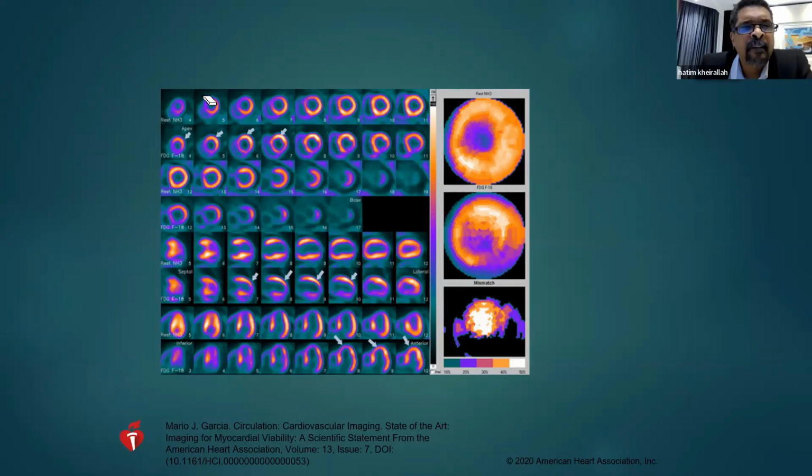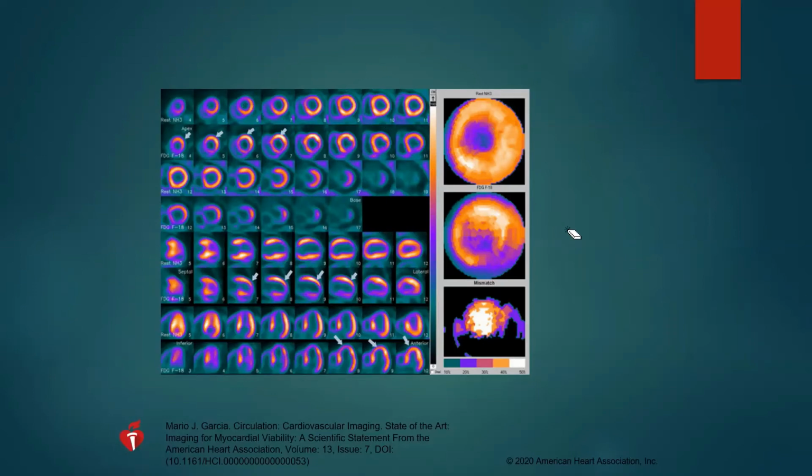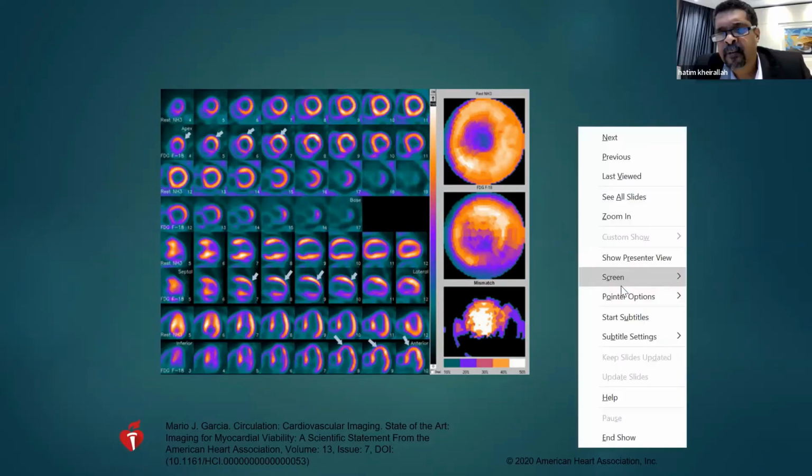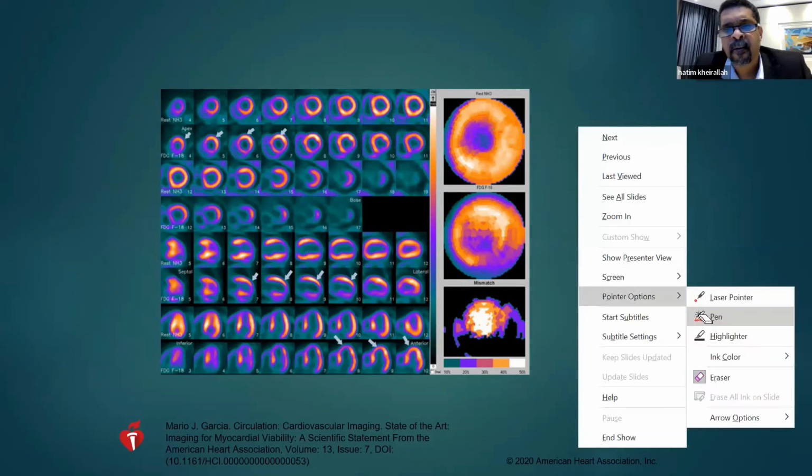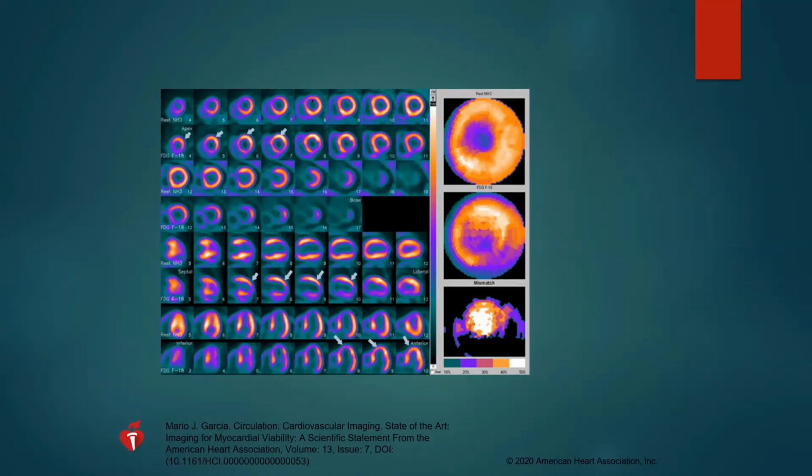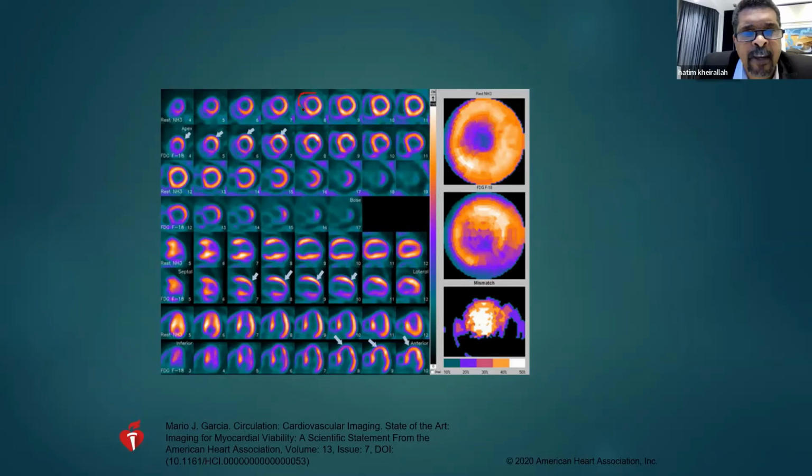Here, let's first define where the perfusion defect is. Where is the perfusion defect? In the anteroseptal. Ah, okay, yes, I agree. There is no uptake. Anteroseptal, like you said, and probably also anterior and apical. And here is also apical, right? So it's LAD